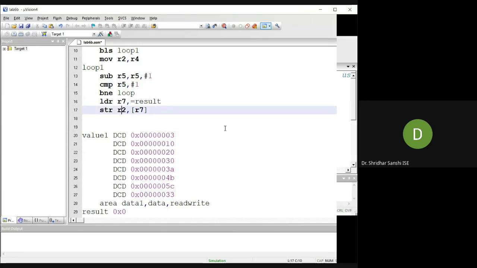So this is how to find the smallest element in an array.